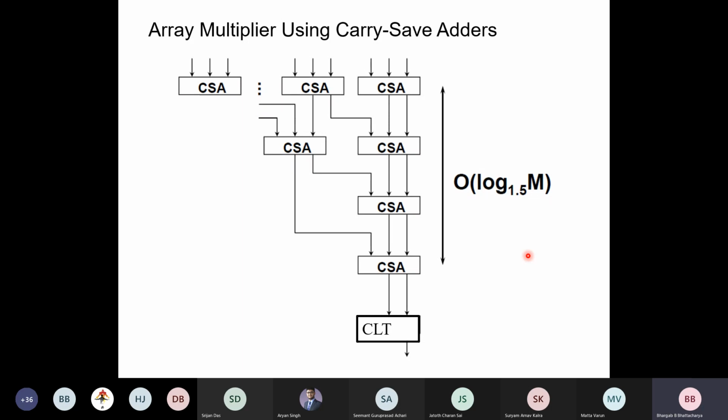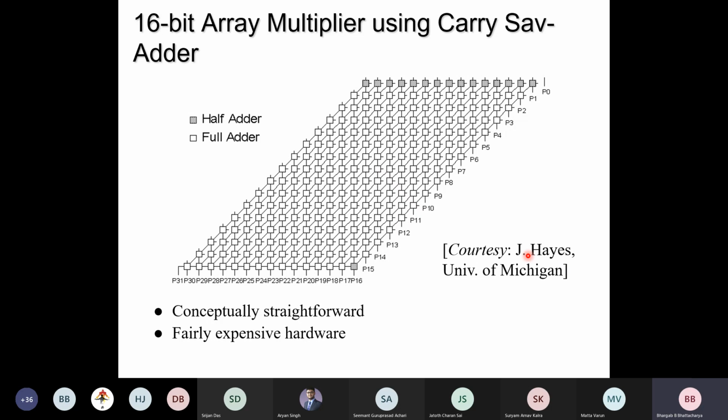Using the same principle, you can also use it in the case of a multiplier to save time. So this is a diagram for a 16-bit array multiplier using carry save addition. One thing you may notice is that it has a very regular structure. Signals are flowing diagonally, as you see. There is no horizontal flow of signal, and the partial product AND gates are not shown here. It is assumed that those partial product terms have already been produced by an array of AND gates, which are not shown here.